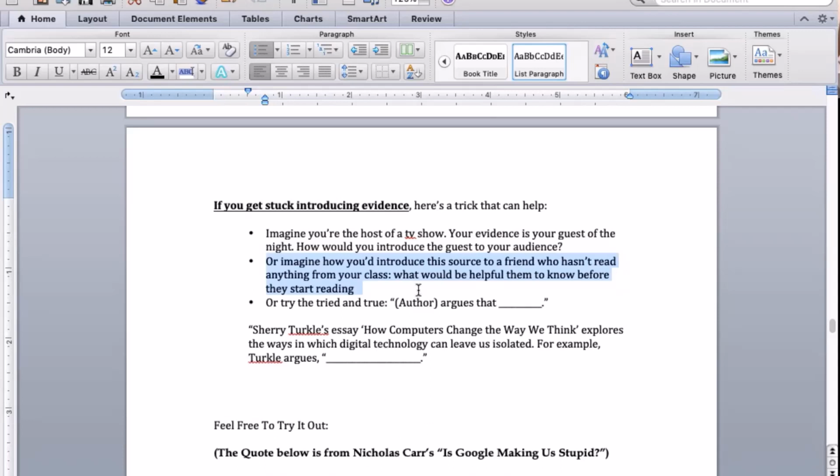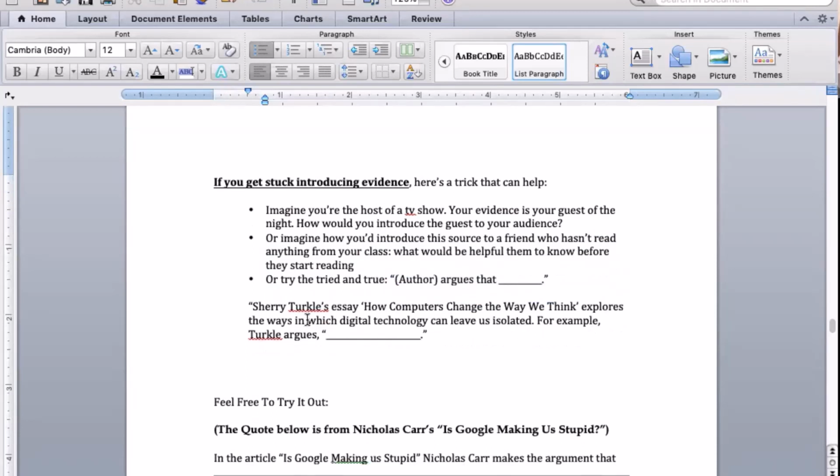If that doesn't work, there's always the tried and true: the author argues that blank. And again, in one sentence, we're almost trying to give a really quick sneak preview. Here's what we're going to see in the evidence. Here's what this guest is going to be talking about. I don't know that I've done an example yet. So here's one example of what that can look like,